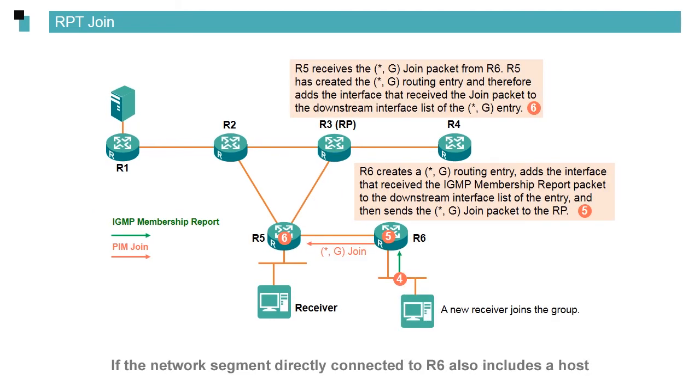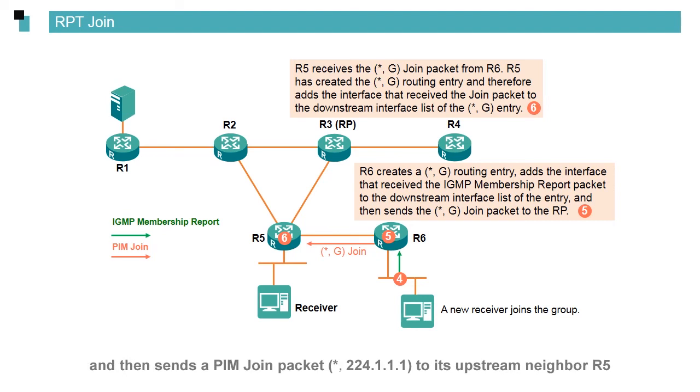If the network segment directly connected to R6 also includes a host that wants to join the multicast group 224.1.1.1, the host sends an IGMP membership report packet to request to join the group. R6 creates a multicast routing entry (*, 224.1.1.1), adds the interface that received the IGMP packet to the downstream interface list of the entry, and then sends